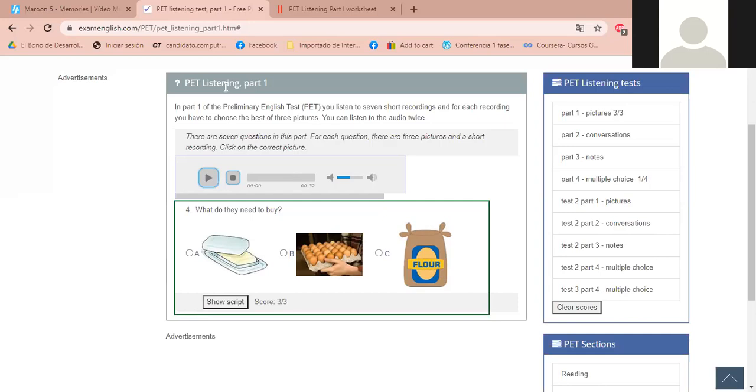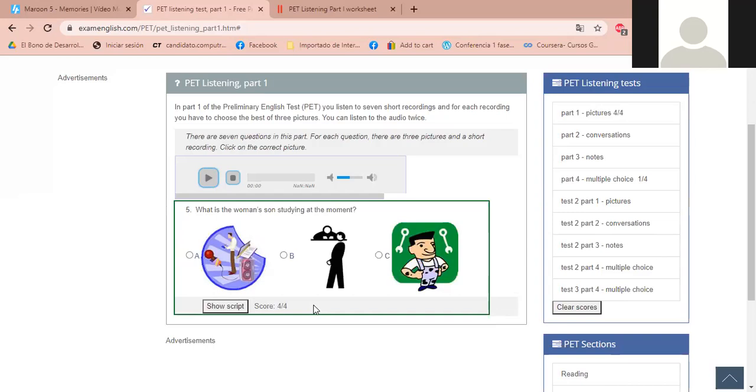Yes, they say they needed the butter, right? But you can confirm that that's the answer because she said they have just half of the package and they are going to need more. So that was the clue. Yes, this is the right answer. Thank you so much. Let's continue with number 5. Can you help me reading, please, Asu, number 5?